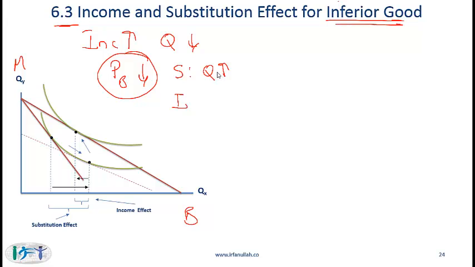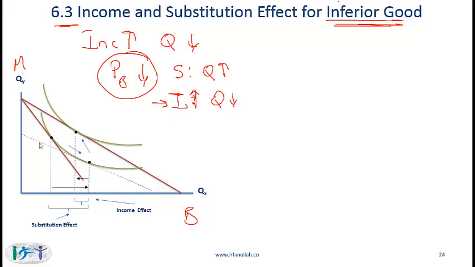But for an inferior good, when the price goes down, what happens? Income effect says the following. Income effect says that if the price of something is going down, then your real income is actually up. And if you have an inferior good and the real income is up, then the quantity demanded goes down. So notice that with an inferior good, the substitution effect and the income effect operate in opposite directions,